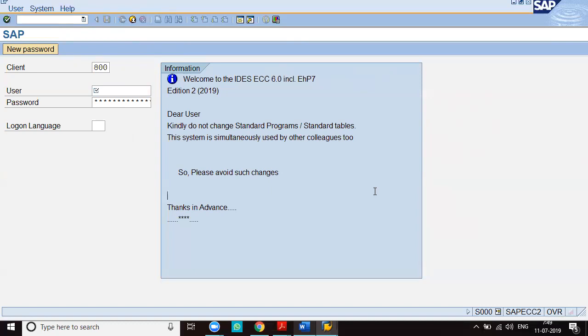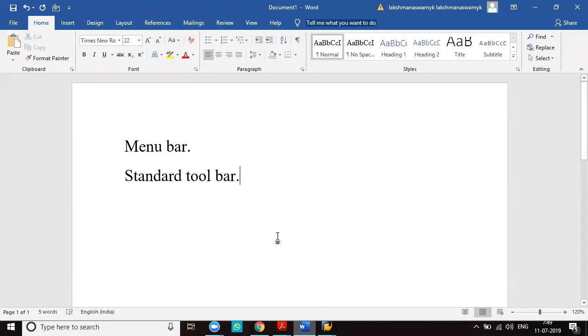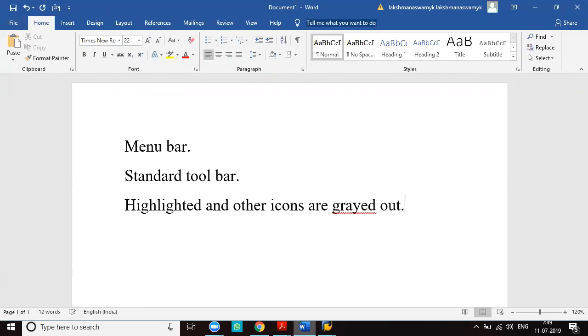But based on the screen we are using, some icons are highlighted, and other icons are grayed out. We can use only the highlighted icons.